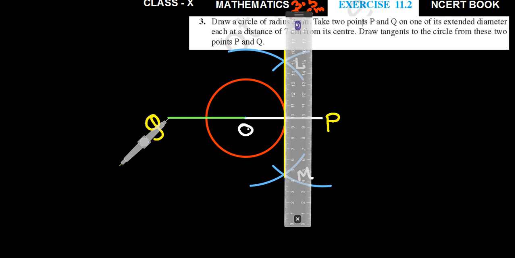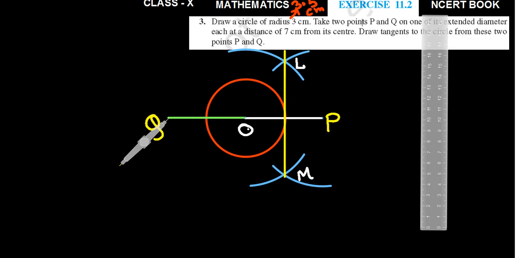You have got the midpoint. Suppose it is C1. Okay. Now using this C1, draw a circle. Using this C1, draw a circle of radius